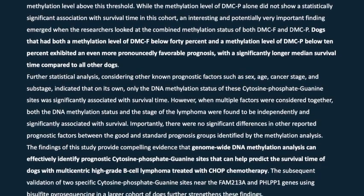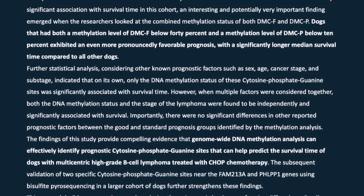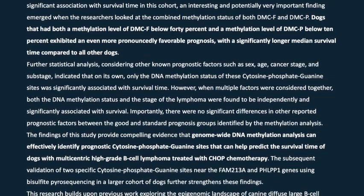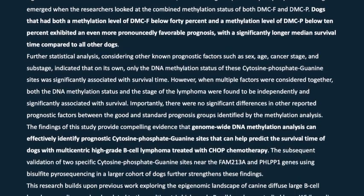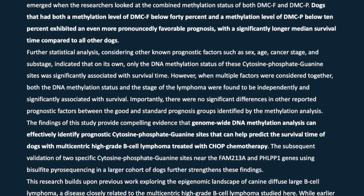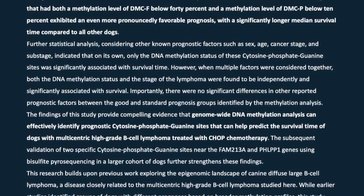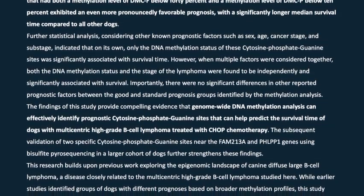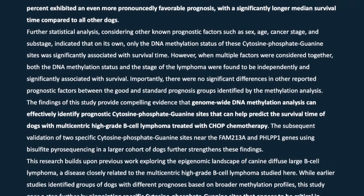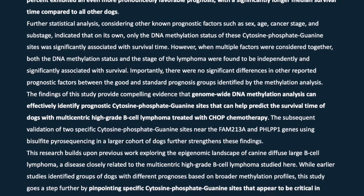However, when multiple factors were considered together, both the DNA methylation status and the stage of the lymphoma were found to be independently and significantly associated with survival. Importantly, there were no significant differences in other reported prognostic factors between the good and standard prognosis groups identified by the methylation analysis. The findings of this study provide compelling evidence that genome-wide DNA methylation analysis can effectively identify prognostic